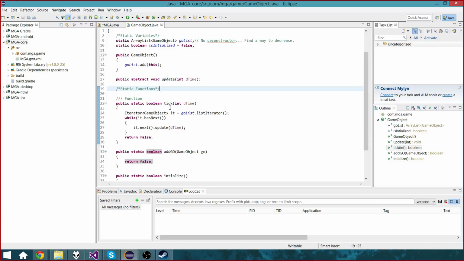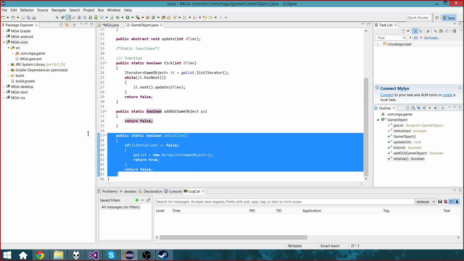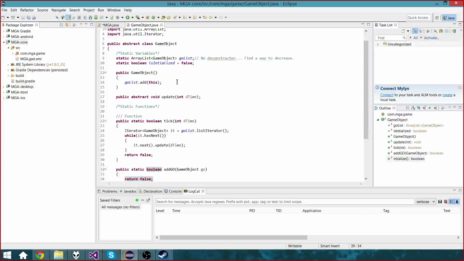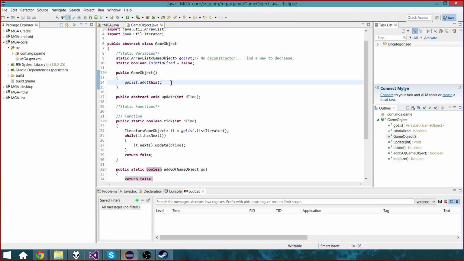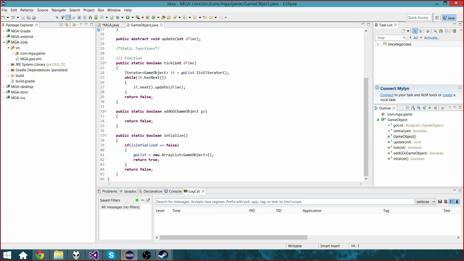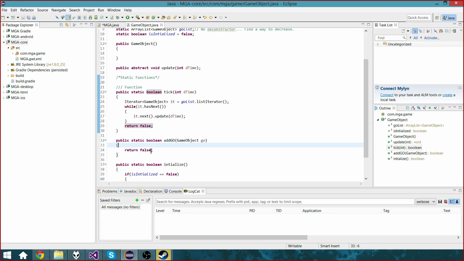Let's see. The boolean function initialize. Oh yes, let's see. Wait, that's next. So actually, for boolean function tick, it says you have a while loop. And what's above the while loop? It is an iterator. So if you're in C++,